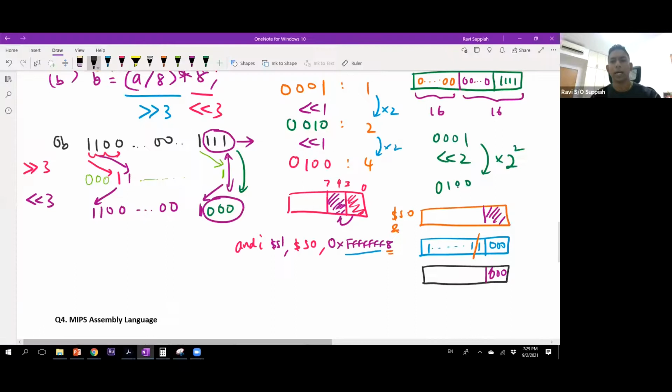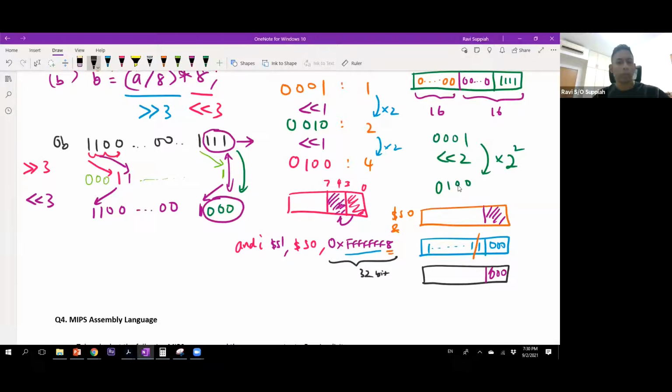That means I cannot specify a full 32-bit value. This is a full 32-bit value, which is not allowed. I can only specify 16 bits. So in order for me to load a 32-bit value into a register,